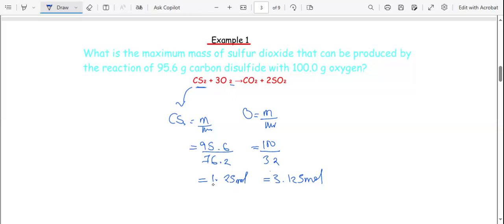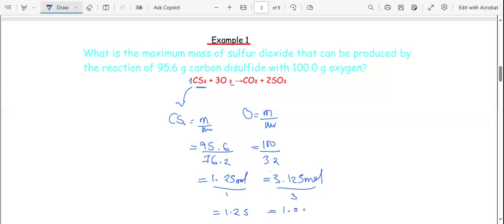So what we are going to do is divide throughout by their moles. Like I said, they are coefficient moles. We call them mole ratios. So we divide throughout by 1 there, and there by 3. Here we are getting the same thing because we are dividing by 1, 2.5. Then here we are getting